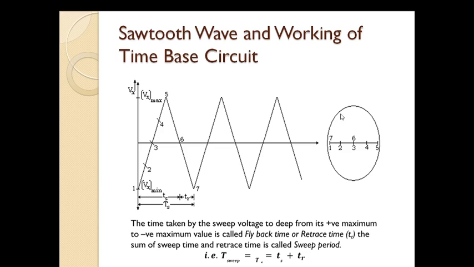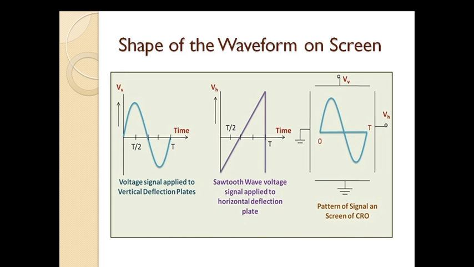is fulfilled by the sawtooth wave. Therefore, the sawtooth wave generator, that is the time-based circuit, is an integral part of the CRO, and the time-based circuit when switched on gives sawtooth voltage to the X plates, and this voltage going to the X plates creates horizontal deflection, covering equal distance in equal intervals of time. At the end of the horizontal deflection, it brings the electron beam back to the starting point to trace the signal again. So what is the function of the time-based circuit?